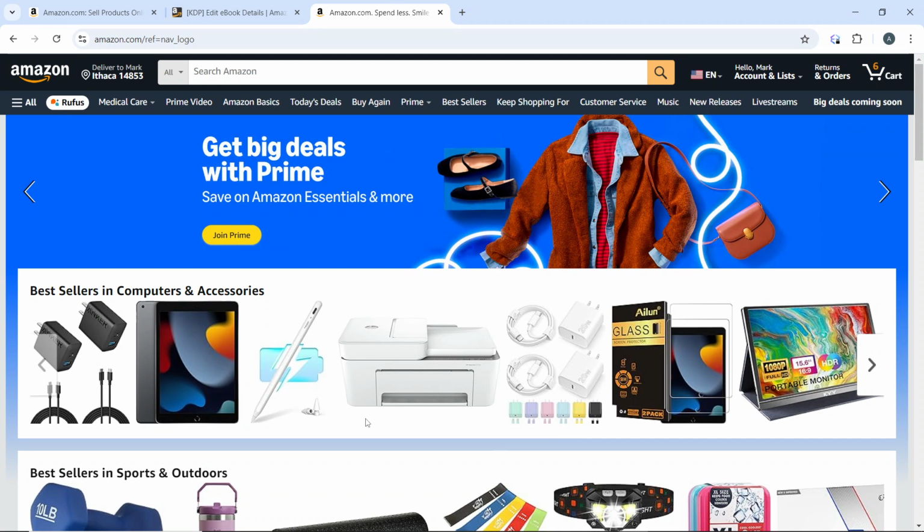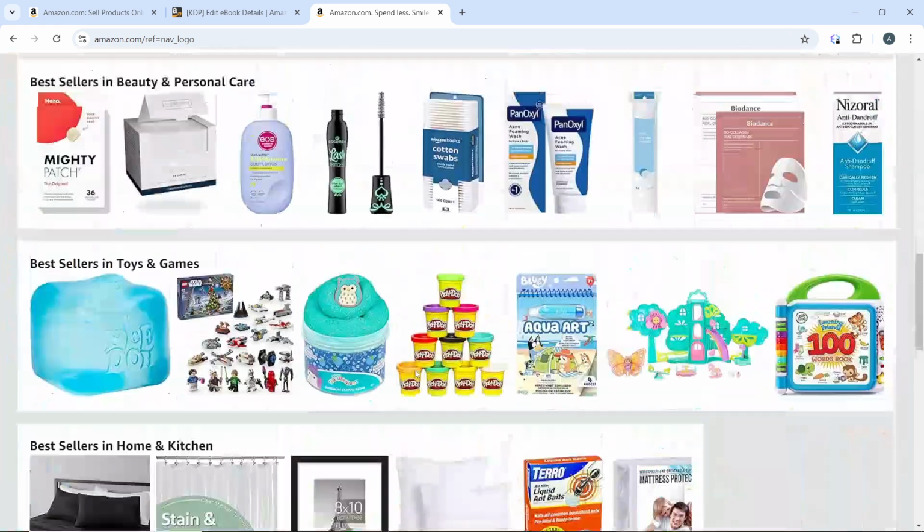The first thing you need to do is to open the Amazon web app at amazon.com and log in using your account credentials. If it's your first time in Amazon, then you need to follow through the sign-up process to create a new account. Now, once you're signed in to this homepage, scroll down to the bottom of the homepage,